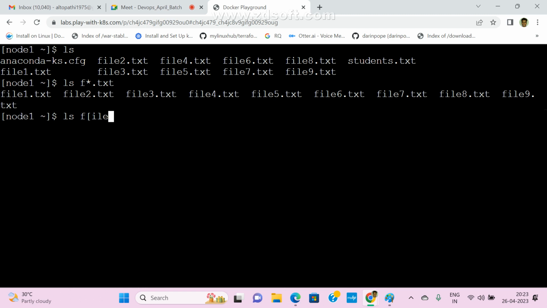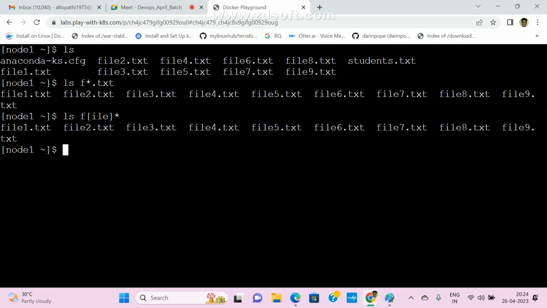Here I already have 3 files, right? Or directly we can give the file name also, or I can give tar.